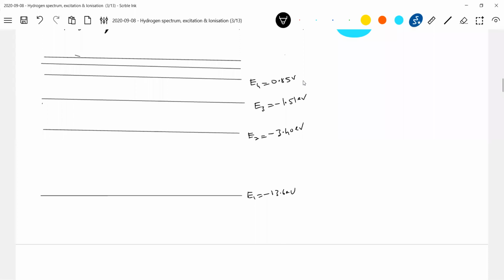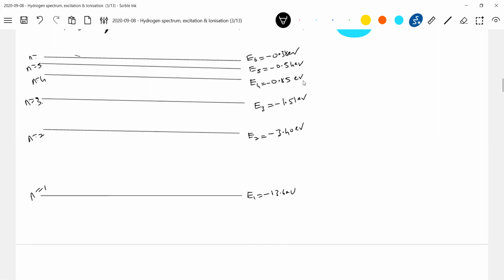0.85, minus 0.54. Let me take one more, let me define minus 0.38. This is n equal to 1, n equal to 2, n equal to 3, n equal to 4,